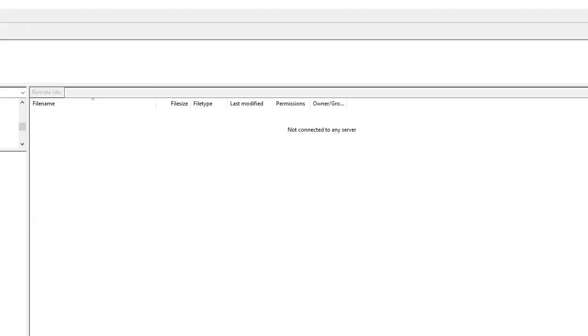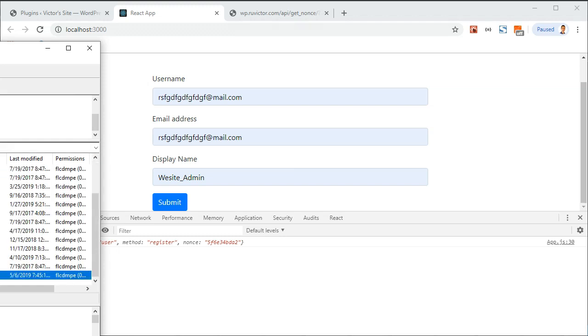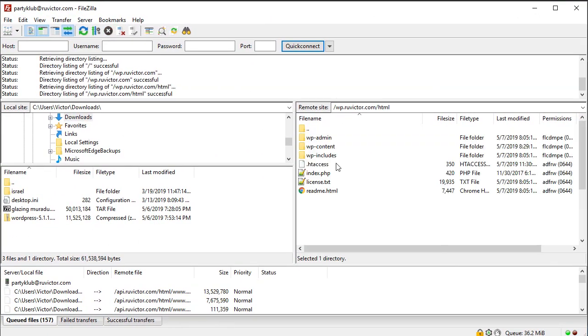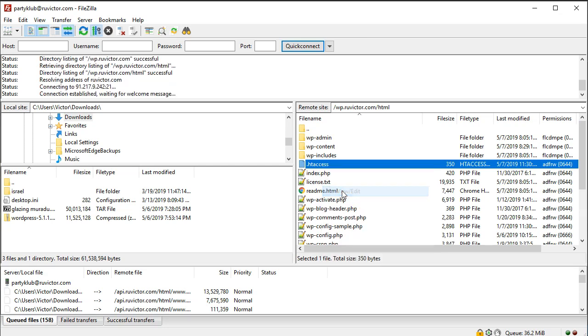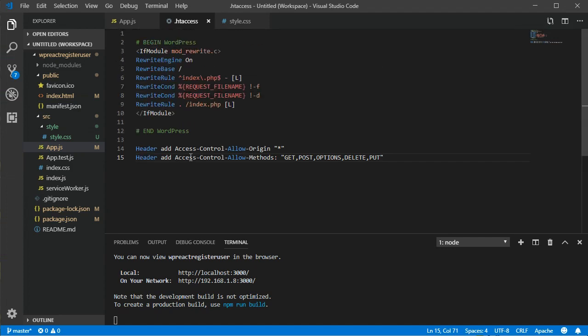I'm gonna connect to the server. Okay, so here's my WordPress installation. In my htaccess, I had to add this Access-Control-Allow-Origin. I had to add these headers because if I remove them from here and if I save it,